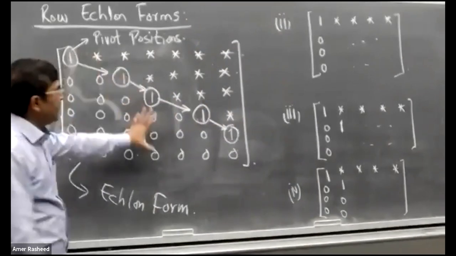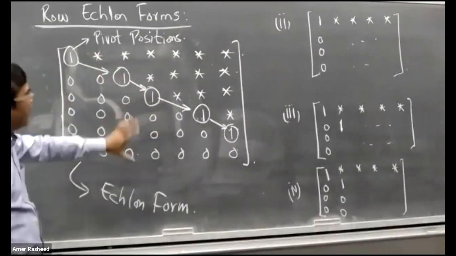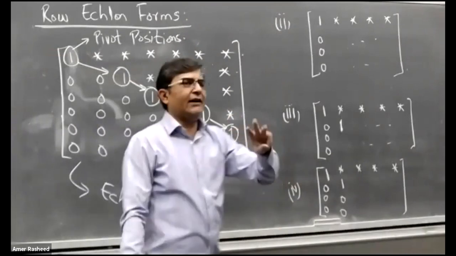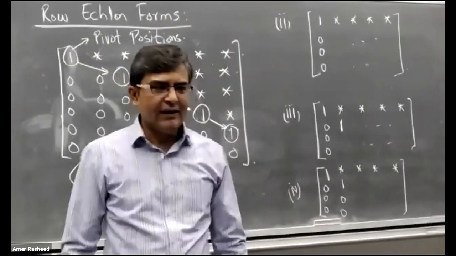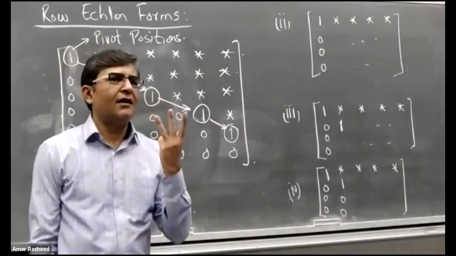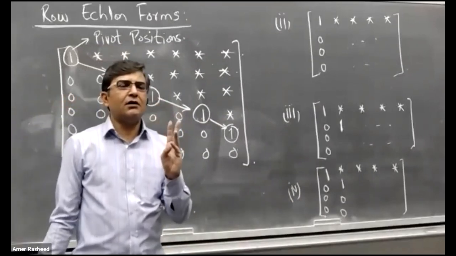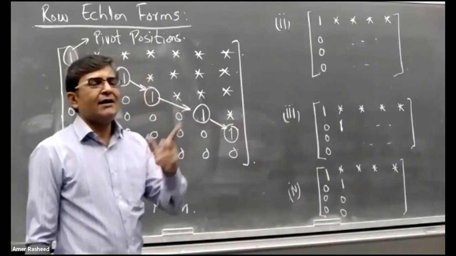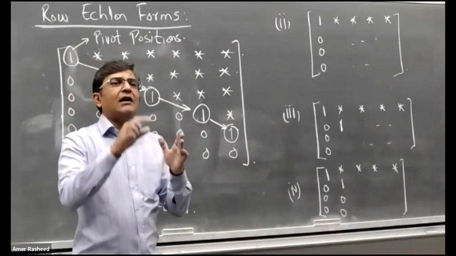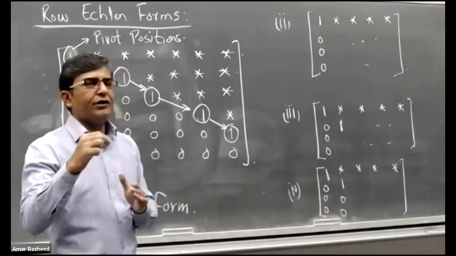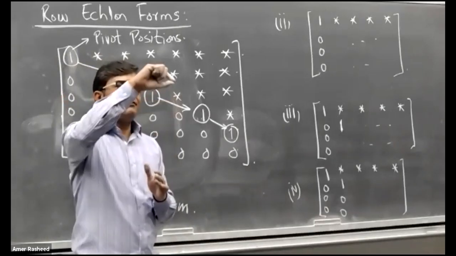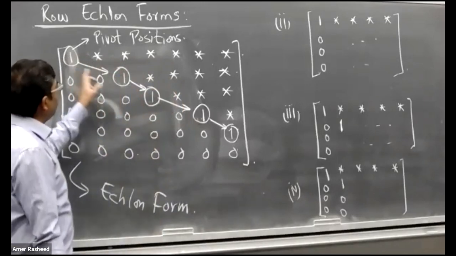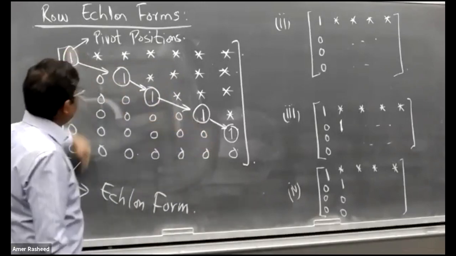तो ये दोनों प्रॉपर्टी सेटिस्फाई हो रही हैं, बाकी इनके नीचे 0 होना चाहिए। ठीक है, ये थर्ड प्रॉपर्टी है एचेलॉन फॉर्म की। 3 ही प्रॉपर्टीज हैं। पहली प्रॉपर्टी, first non-zero entry in each row should be 1. Second property क्या है? In each successive row, the first non-zero entry should be on the right of the non-zero entry in the previous row. Third property क्या है? कि जितनी आपकी ones हैं, इनके नीचे 0 होना चाहिए।